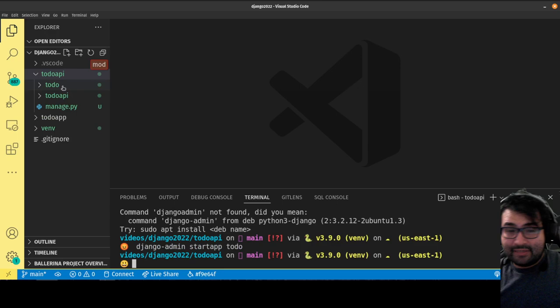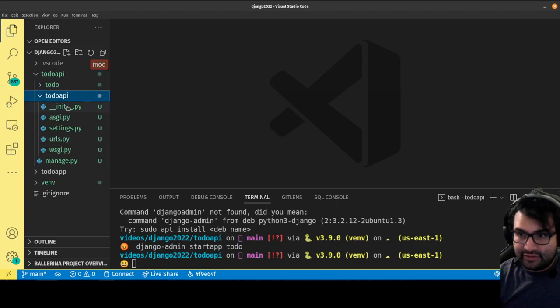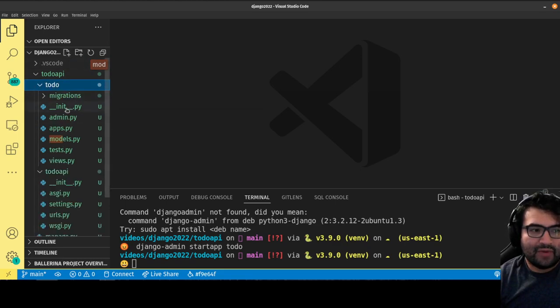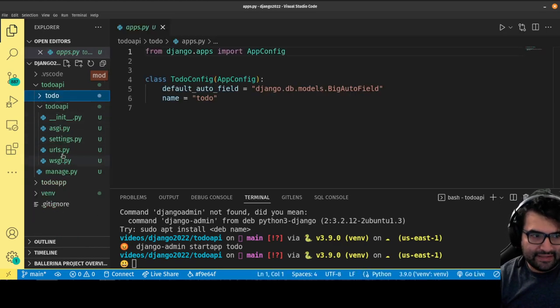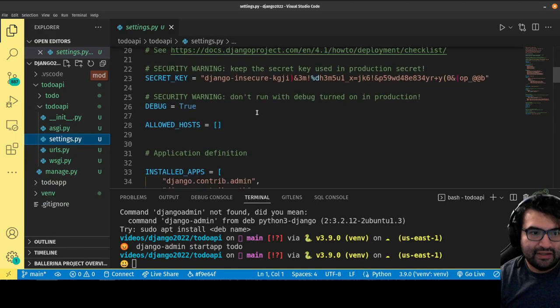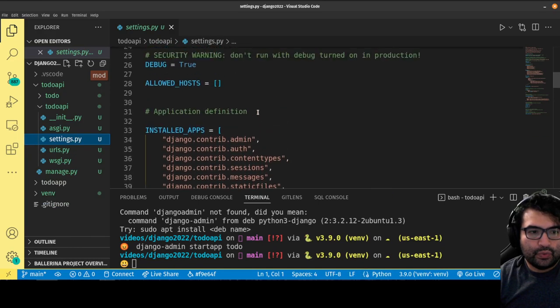So again, the first thing I'm going to need to do is connect that app to the settings.py in sort of like that root application with the settings.py. So again, if you remember right, the way I connect that is going to be like todo.apps.TodoConfig. Again, that's the path that I need to set up in here. So I'm going to head over to settings.py. I am going to go to